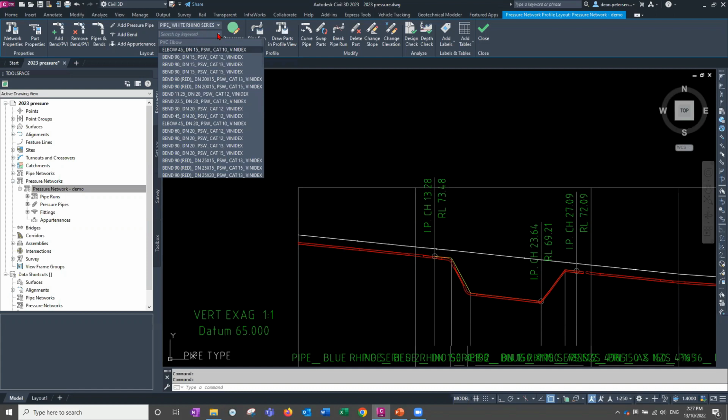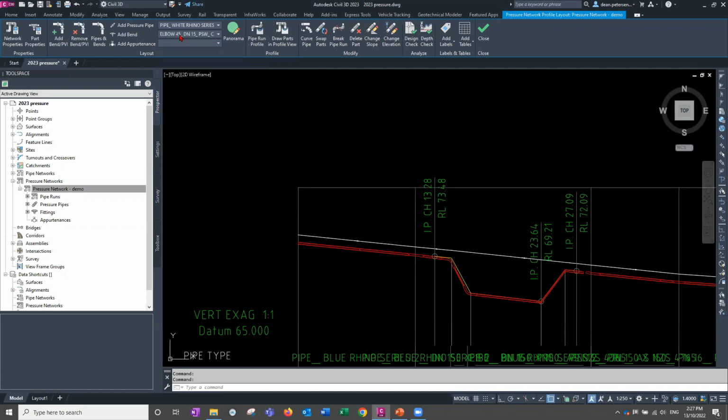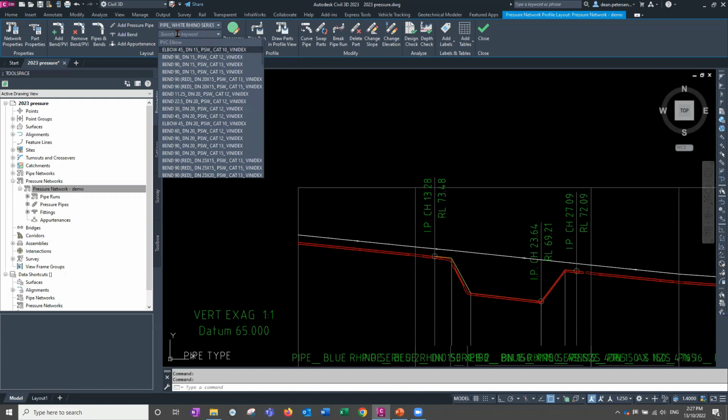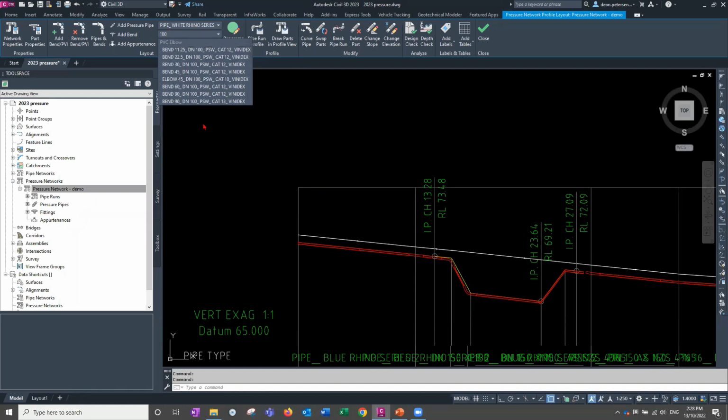Also with your bends, as well as appurtenances too, if you've got those in your parts list. We could put 45 in here, I suppose. And there's all your 45 bends of different sizes, or your 100 diameters. There you go, with your different bend diameters that are available. So that's going to be useful, hopefully to a lot of you, to make the actual pressure pipes usable now,